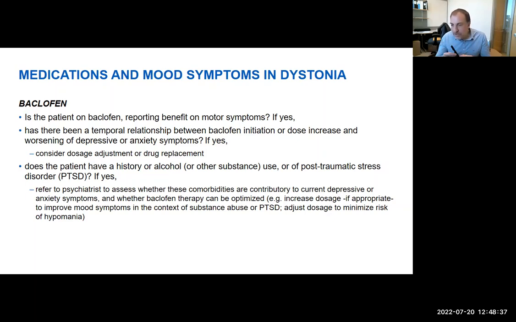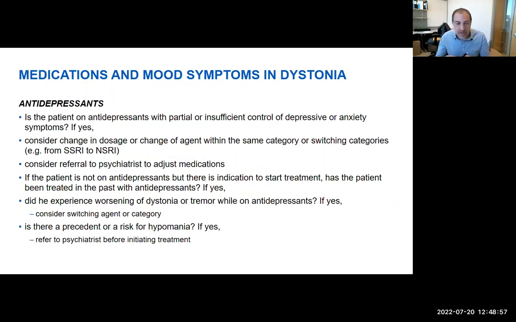I mention this in particular because there is also evidence that a proportion of patients with dystonia may have a form of dystonia that responds to alcohol, like it happens in essential tremor. And these patients obviously may be at risk of overusing alcohol. And I'm concluding now with antidepressants because obviously when it comes to pharmacological treatment of mood symptoms, this is the category of reference. It is not uncommon that patients with dystonia